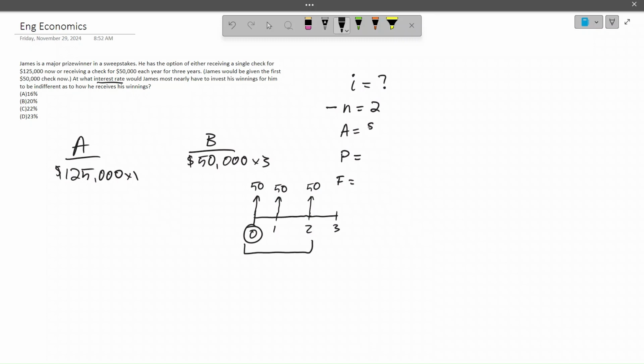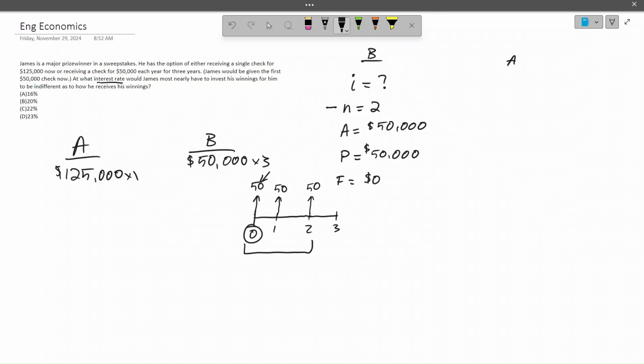Okay, the annuity is going to be $50,000. The principal amount is going to be $50,000, and this $50,000 comes from this initial payment. So this one is going to be given to us right now, basically immediately. So that's just going to be what we have to start with, since this one isn't going to be accruing any interest, since there's no time for it to accrue interest, so that's going to be the principal value. And for the final amount, after the time period is over, we will have $0 left to actually get back. So the final value is going to be 0. This is for option B.